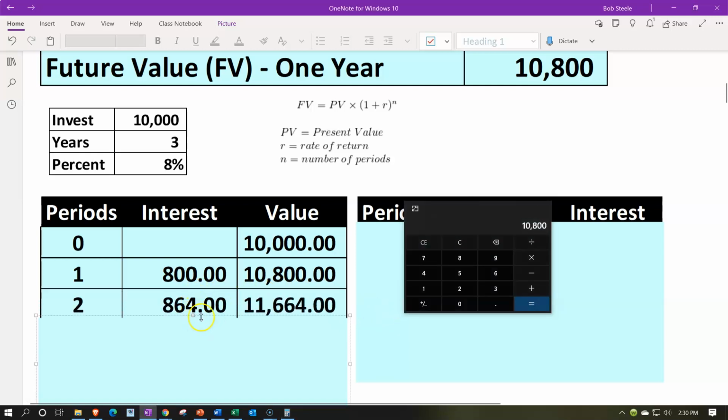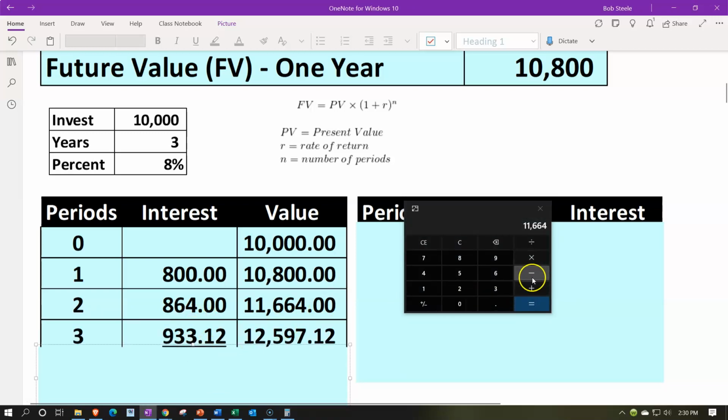Then if you go to year 2, now we're taking that 10,800, which has now compounded. That's the way we're calculating this, right? So now we've got the 10,800 times the 0.08. That means that the amount of return for year 2 is 864. If I take that 864 plus where we were at before, 10,800, we then get the 11,664. Then if we do that again, we're going to take that amount times the 0.08, and that's going to give us the 933.12. I'm going to add that to the 11,664, and that's going to give us our